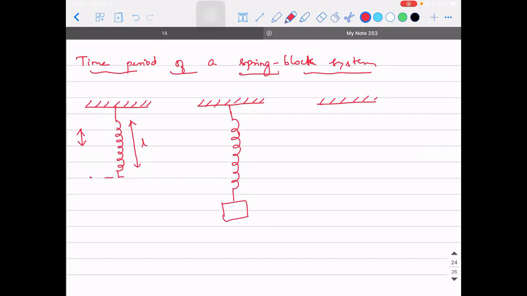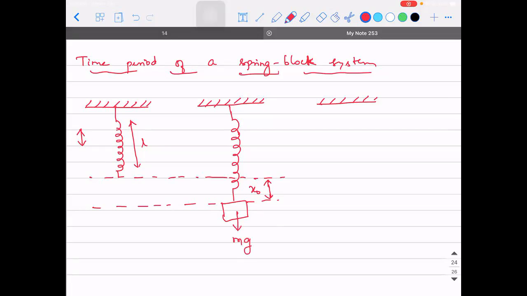If I take the bottom of the spring's natural length to be the reference, can I say there is going to be an elongation x naught? Let me call it x naught. So when is the elongation going to stop? Is it going to be a continuous process? Will the spring get elongated till infinite length? Obviously no, right? So when will it stop?